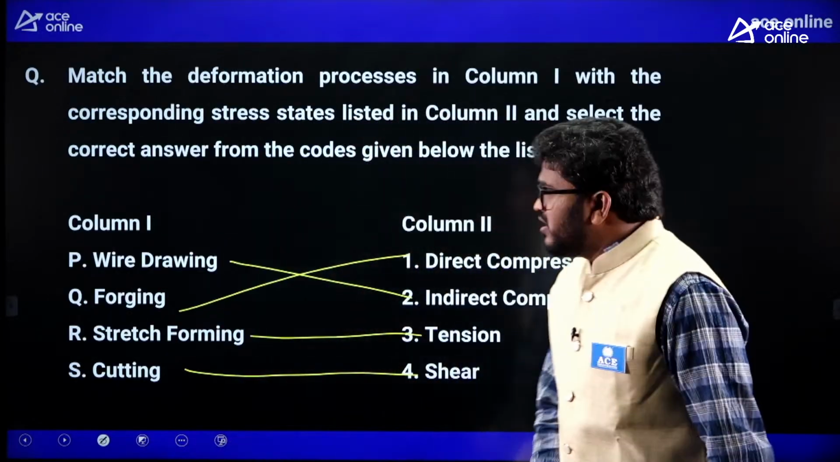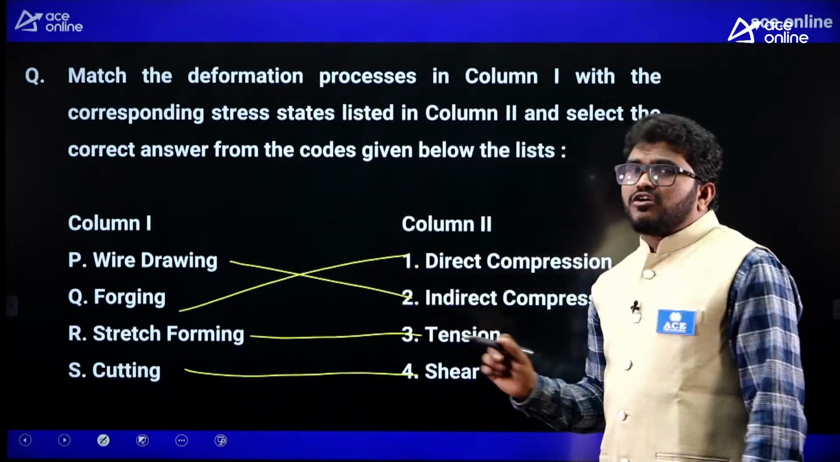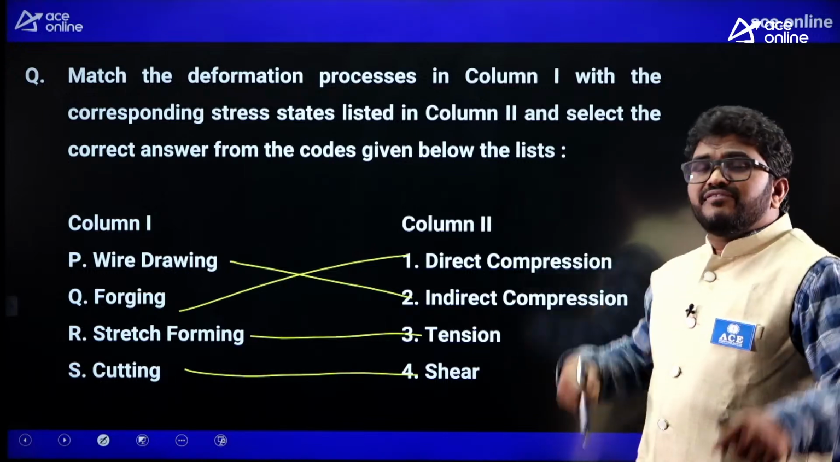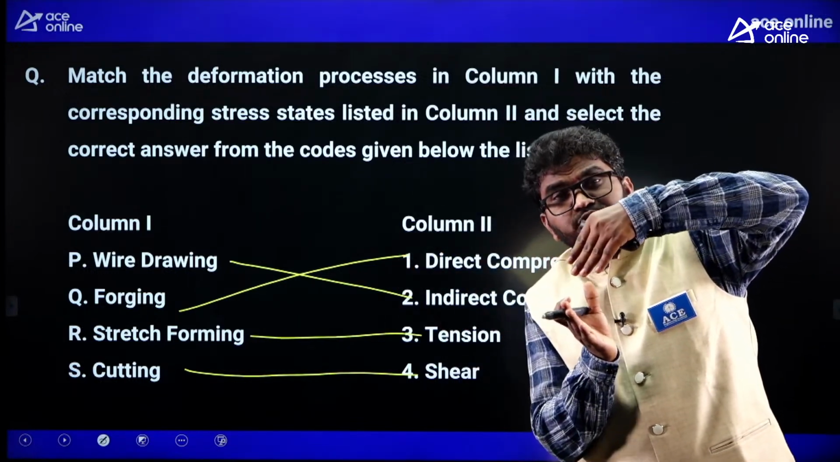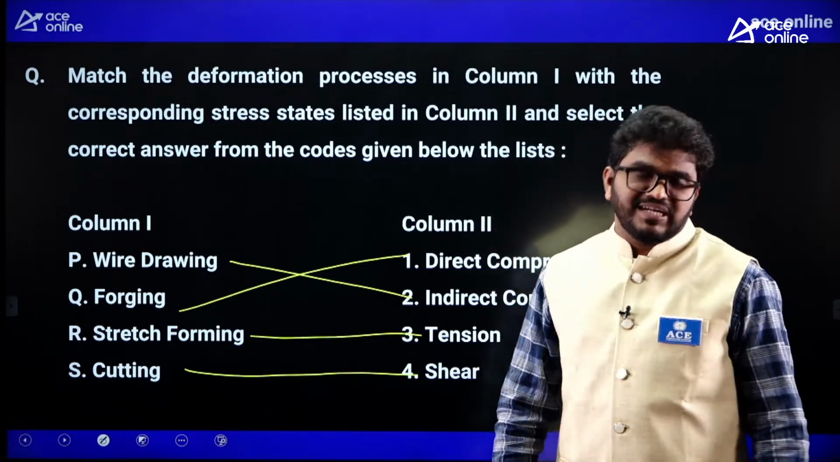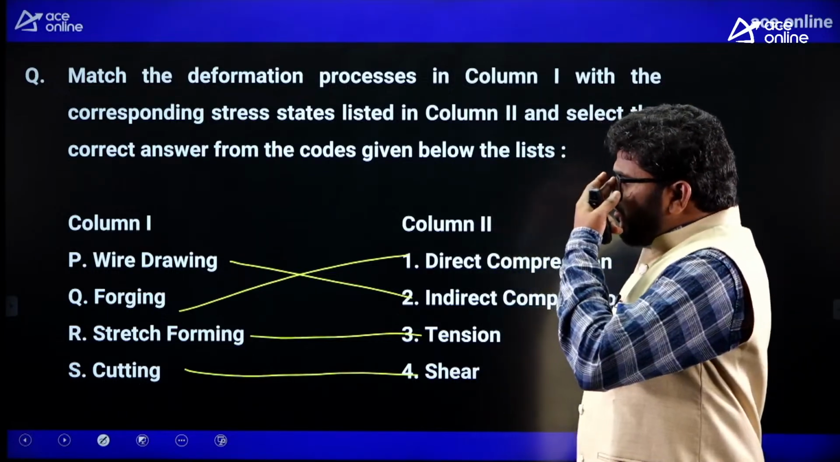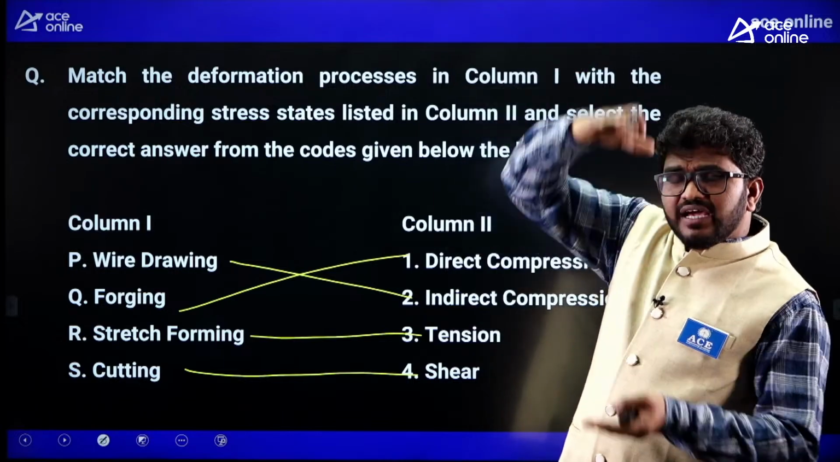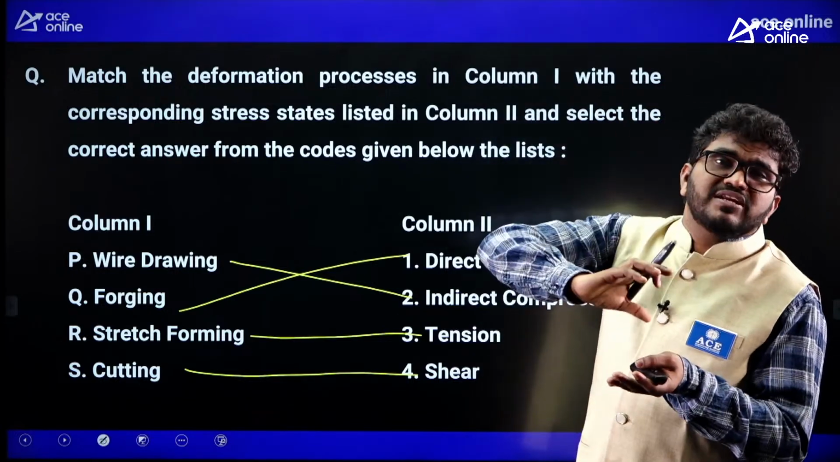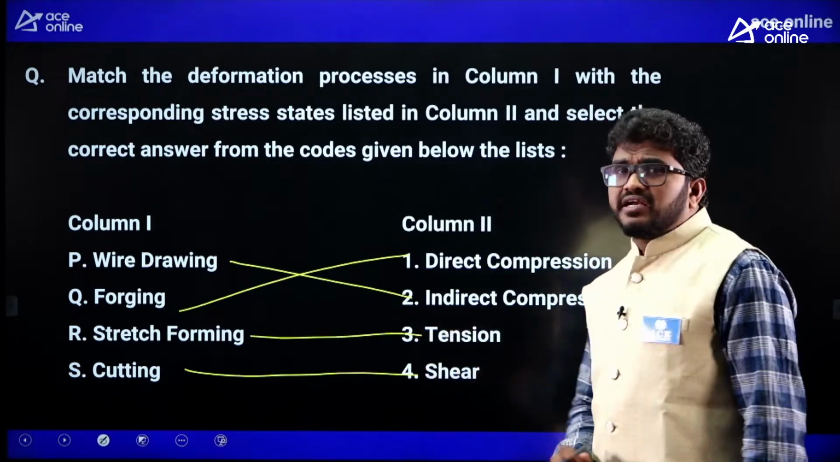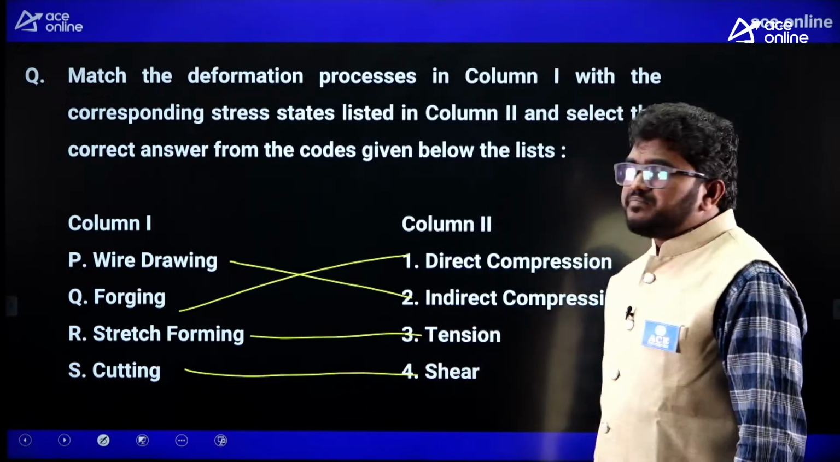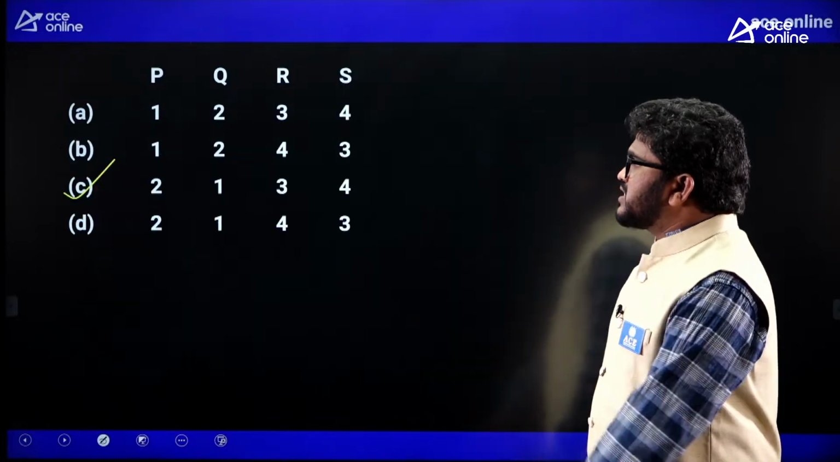question. Remember, wire drawing is indirect compression, because we are directly applying a tensile force, but since the die is in converging shape, indirect compressive stresses are applied. In the forging operation, we are applying a direct compressive force, we are keeping the workpiece material between the two dies and we are applying force. Stretch forming, tension, cutting, shear. Okay, now? Next,